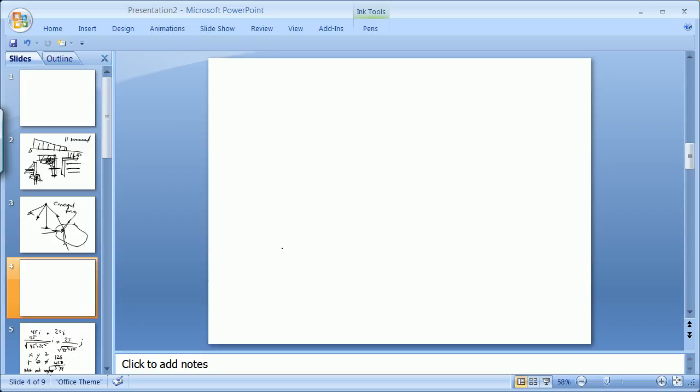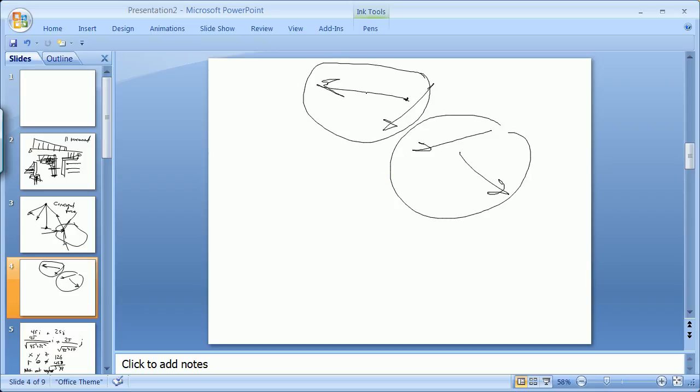And so a non-concurrent force system, I guess people did a pretty good job on that. In other words, this one and this one, they're concurrent about this force, but this is here. Of course, we remember that any set of non-concurrent force systems can be broken up. So this can actually be broken up into sets of concurrent forces. So this problem here could be broken up into essentially that resultant, and this one here could be broken up into this resultant, and then these two resultants could be added together